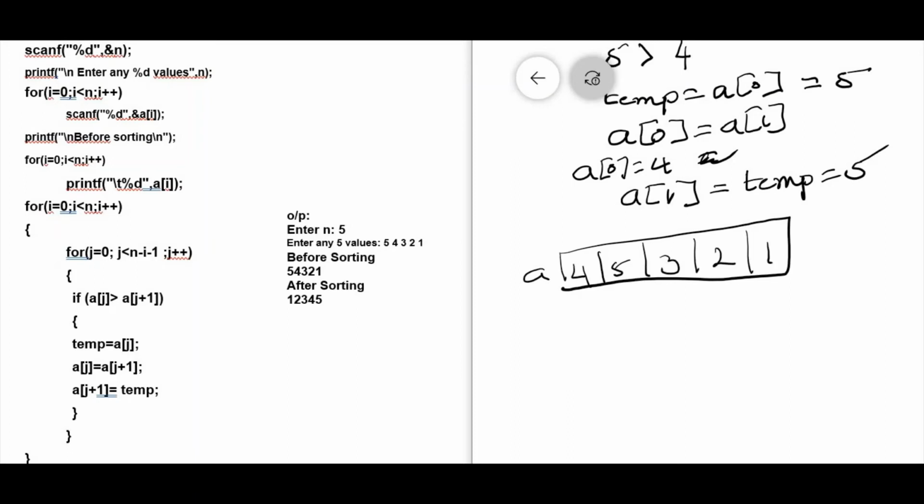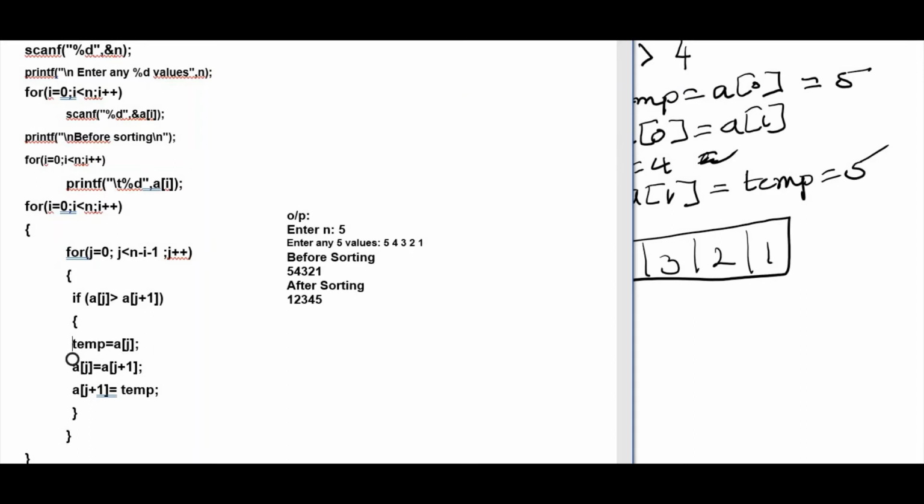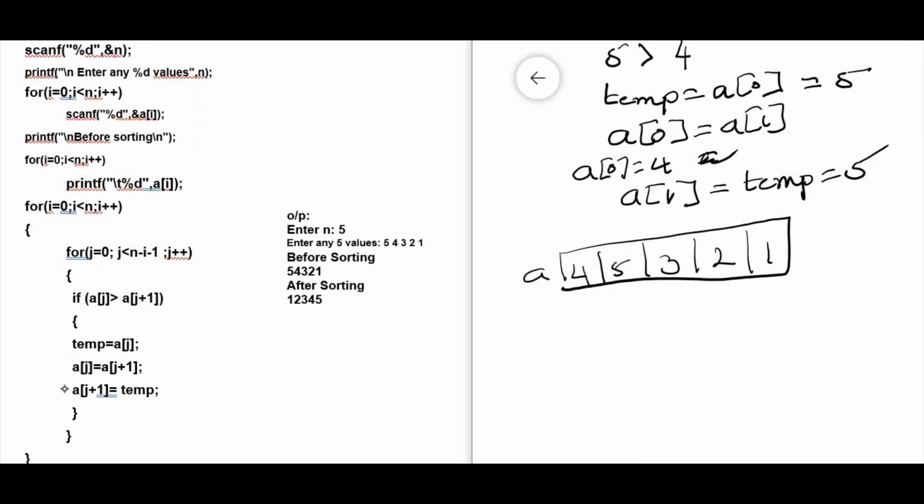Right. The next iteration of the for loop is being started. It will first check the condition whether j is less than 4 or not. The previous value of j was 0. Now the value of j will be incremented by 1, j plus plus, which becomes j is equal to 0 plus 1. So now the value of j has become 1. So 1 is compared with 4. So it is still less than 4, so the for loop iteration begins.